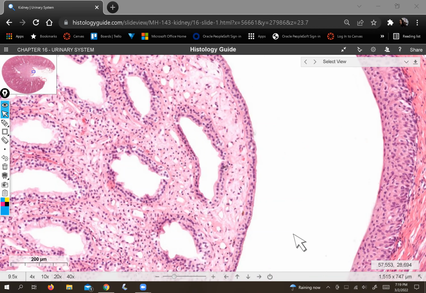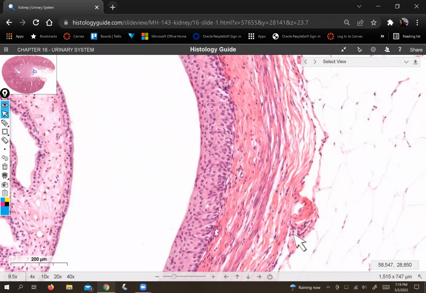And then we can see minor calyx space, transitional epithelium, a little bit of connective tissue, and then the fat of the renal sinus. So that concludes